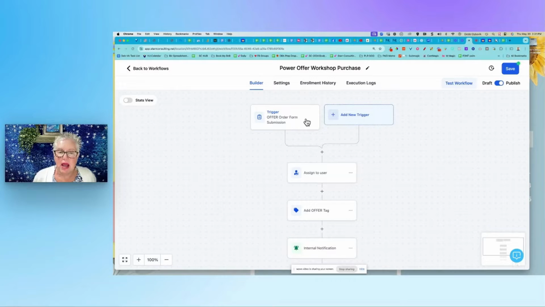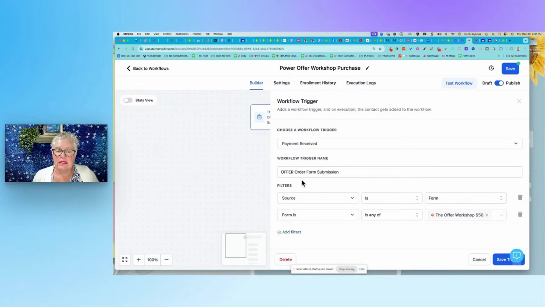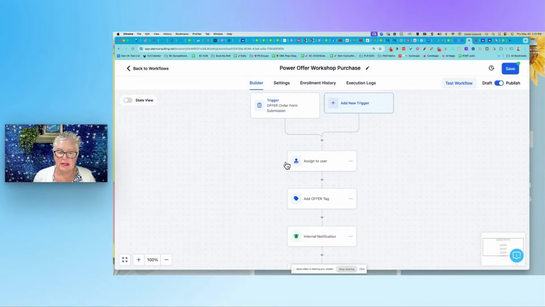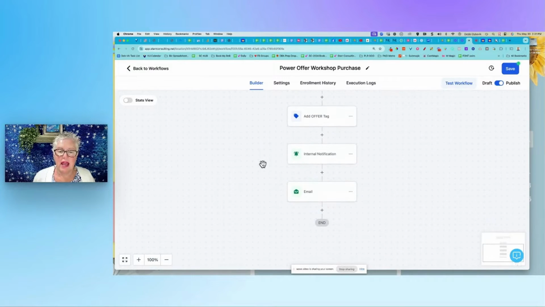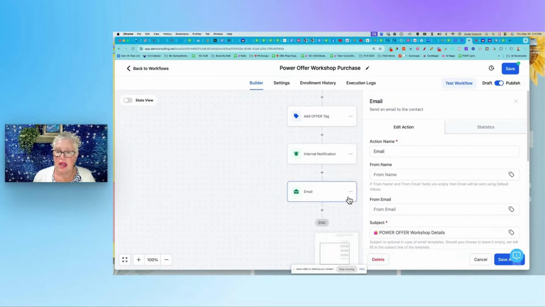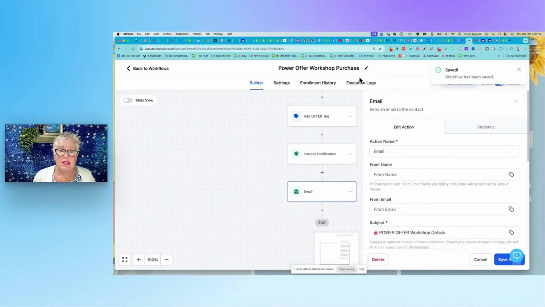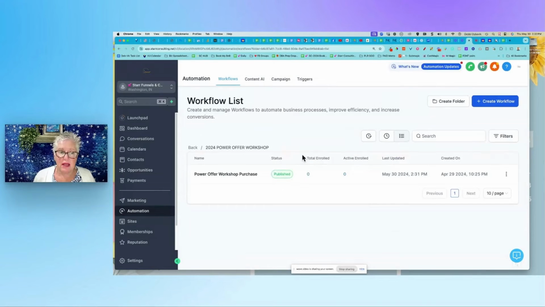So you start with some kind of a trigger. And in this instance, the trigger is that people opted in on this little form. And it was my workshop offer here. Okay. So they opted in, or this is a purchase one. So they went through and they clicked the buy button. Okay. It gets assigned to me, creates an offer tag, internal notification. I love to be notified when things are happening, and then the email. And then you just write all the details there in that email. Okay, so that's it. That's how simple it is when you're creating